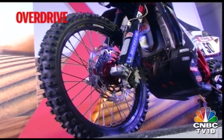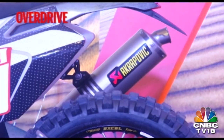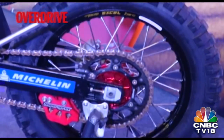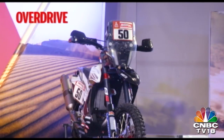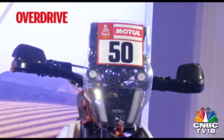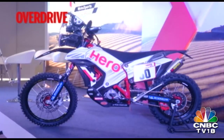The Hero 450RR gets new suspension geometry and a new kinematics package. The cooling has also been reworked to handle the heat in Peru. The overall setup has been tuned to perform better in desert, keeping in mind the new conditions. We changed all the fuel tanks. Last year I used the old model, and we have all the fuel tanks on the rear part. So now we move in front, we move also the gravity center, and we make a really competitive bike together